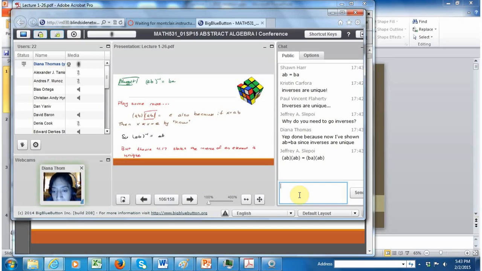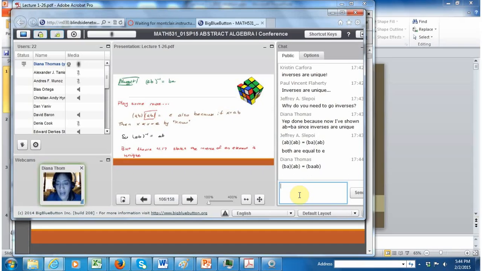Jeff, why does ABAB equal BAAB? Well, you'd have to take some steps to show that. If somebody has to ask you why something is true, you would go through the same steps, right? You'd have to show BAAB is equal to BAAB, which by the associative law, and then you'd have to show that you get